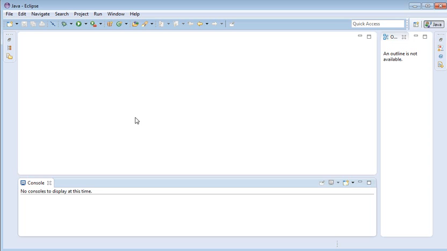This is just going to be an introduction. We'll do a little bit of programming but not a whole lot. I'm just going to explain to you a tool set you can use to start with, and we'll go from there. We're going to start off using Eclipse, which you can get from